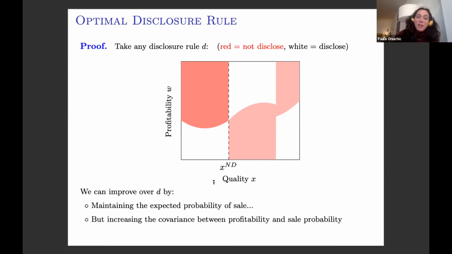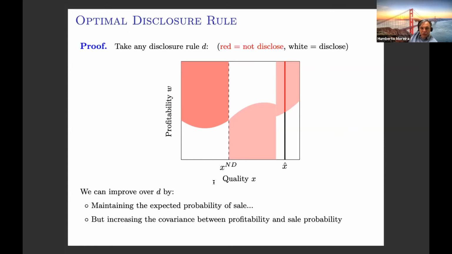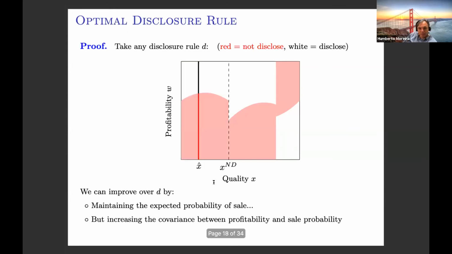And sort of I can do the opposite here if I take an X hat that is above the X and D. So in this case, with correlation, this is not true, right? This mechanism is not true. It's still true.